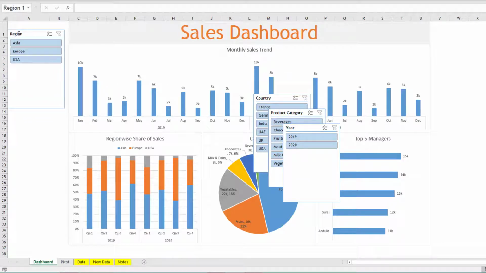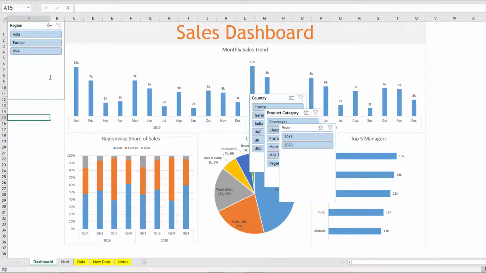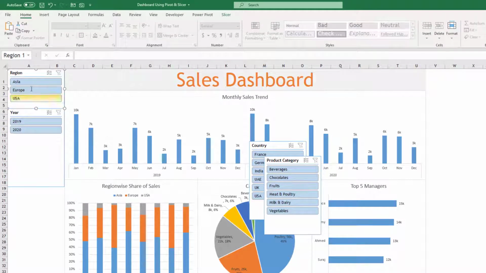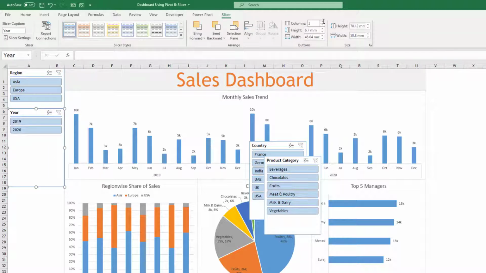All you need to do is align them somewhere in this space. Always keep them at the top or on the left side. I will reduce the width of column B so that it can be properly aligned. And here also you can use the trick of the Alt key. So this I will reduce, then I will keep years. Use the Alt key to align it perfectly with the lines. Then I can go to slicer and change it to 2 columns so that the years can come into one single line.